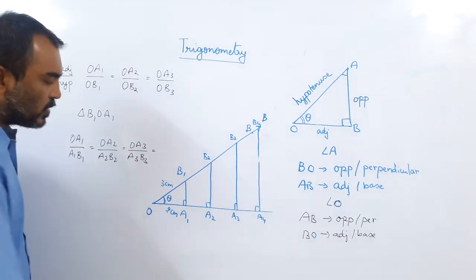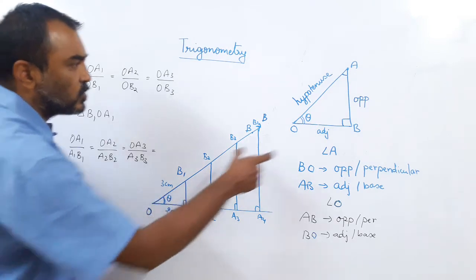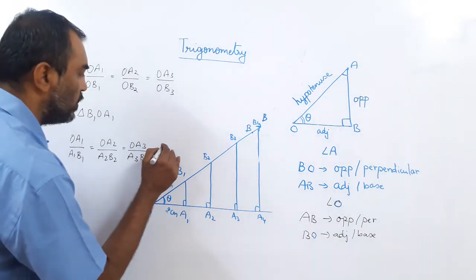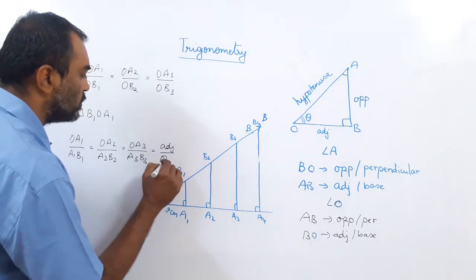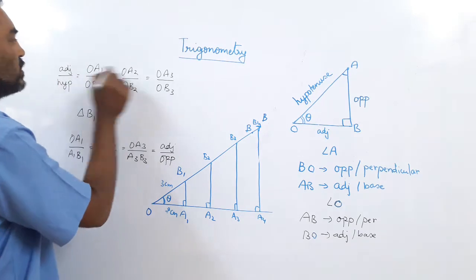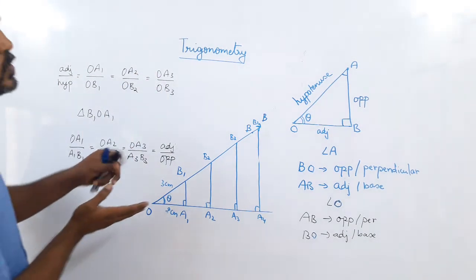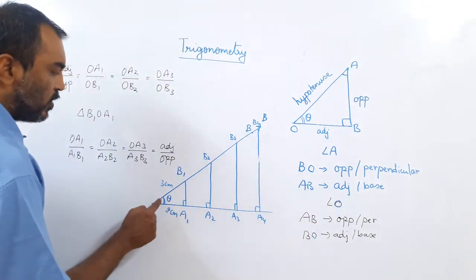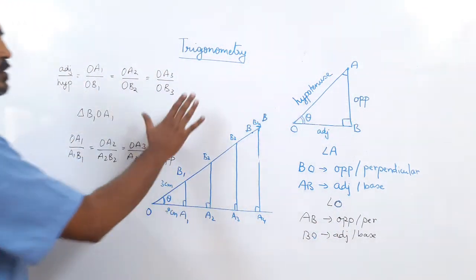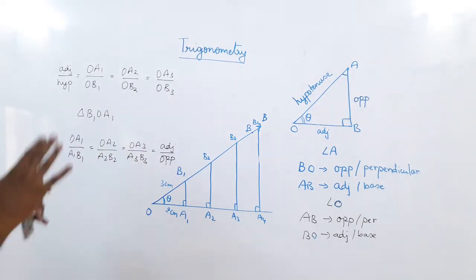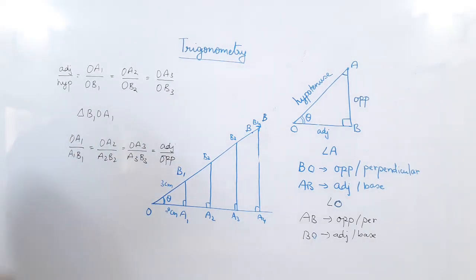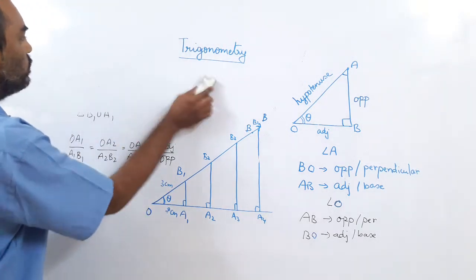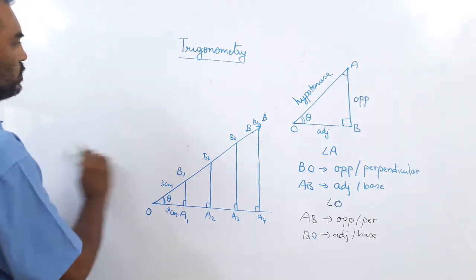But this time which ratio have I taken? I have taken this side, which is called the adjacent, and this side, which is called the opposite. So I have taken the ratio of the adjacent and the opposite side. This was adjacent upon hypotenuse. No matter how big your triangle goes, no matter how big the arrows go, if your angle is fixed, the ratios will be fixed. So this is the basis of trigonometry. Is it clear to you here? Because now I need to rub the board. I'll keep this diagram and I'm going to rub this now and take you further.